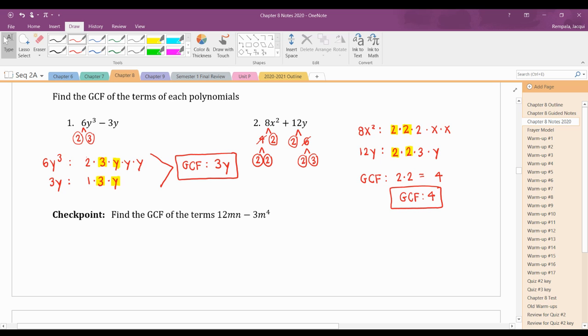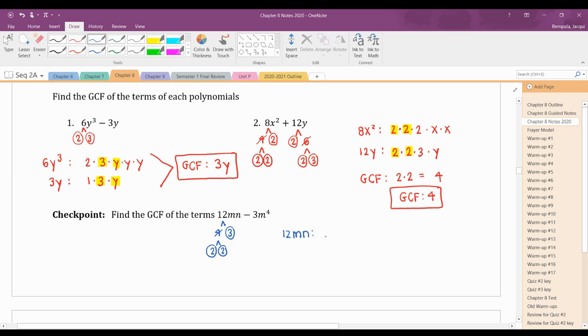All right, so I would suggest you pause the video and try this checkpoint problem. Find the GCF of 12mn minus 3m to the 4th. So the 12 I can break up into 4 times 3, and 4 is 2 times 2. Or you could have done like the last example and done 2 times 6. But I get to cross off the 4 because I broke it up into 2 and 2. So I know that